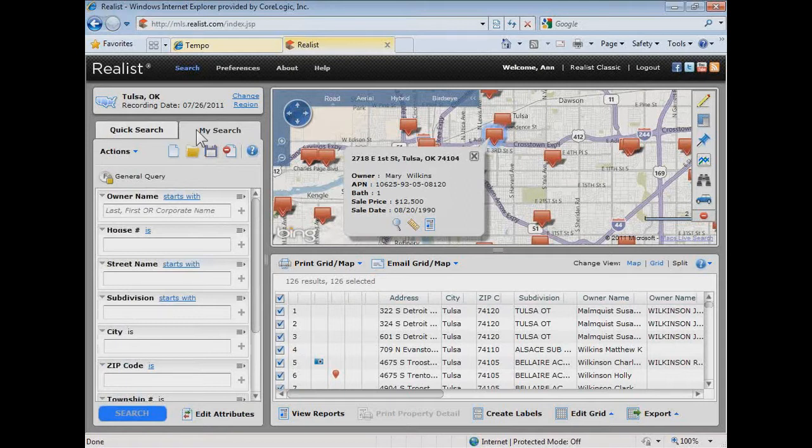So if you want to add some other fields to your search, if you want to move some of these fields around, if you want to create your own search forms, you can do that over here on the My Search tab. To start out with, you'll have some default searches available for you that have been pre-built by the